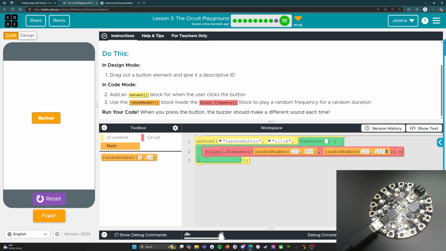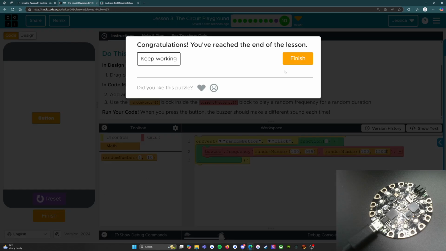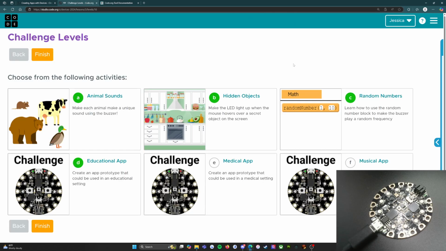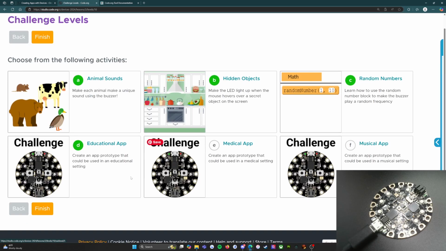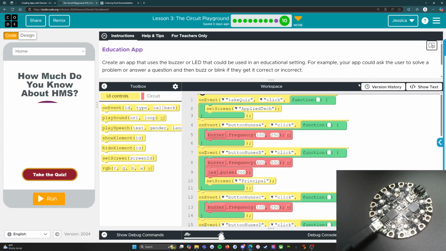So let's click the orange finish button and move on to the final part, which is the challenge. And so what you're going to do is you're going to pick one of these three. You can pick educational app, you can pick medical app, you can pick musical app. I picked educational app because, teacher. But what you're going to do is when you click on it, you are going to start with